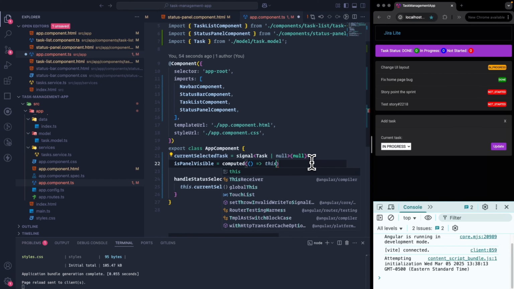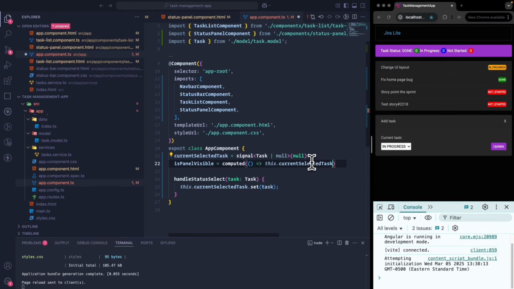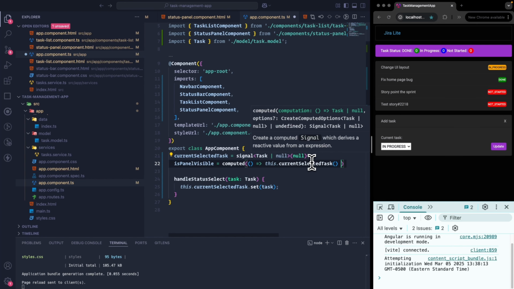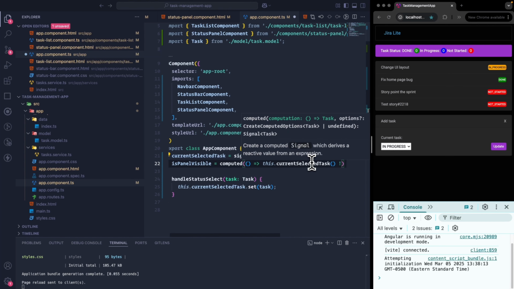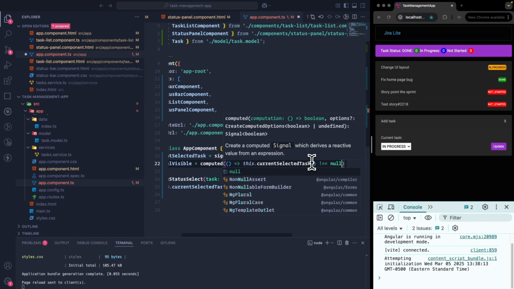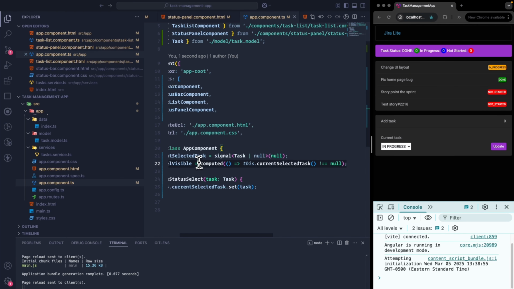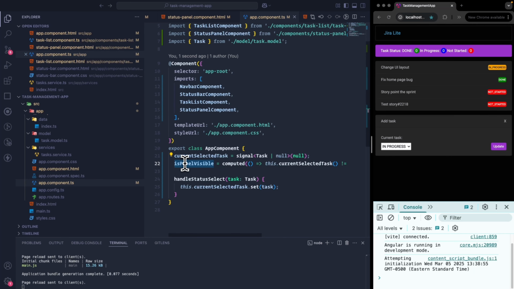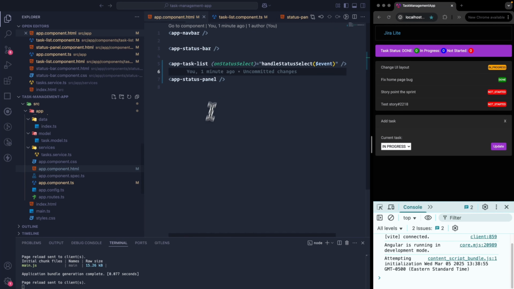So let me use this dot current selected task. If I invoke it, not equal to null. So if it is null, this should be false. If it is not null, then it means that some selection is there. So we should show the panel. Let's take this property, go to the app.component.html,